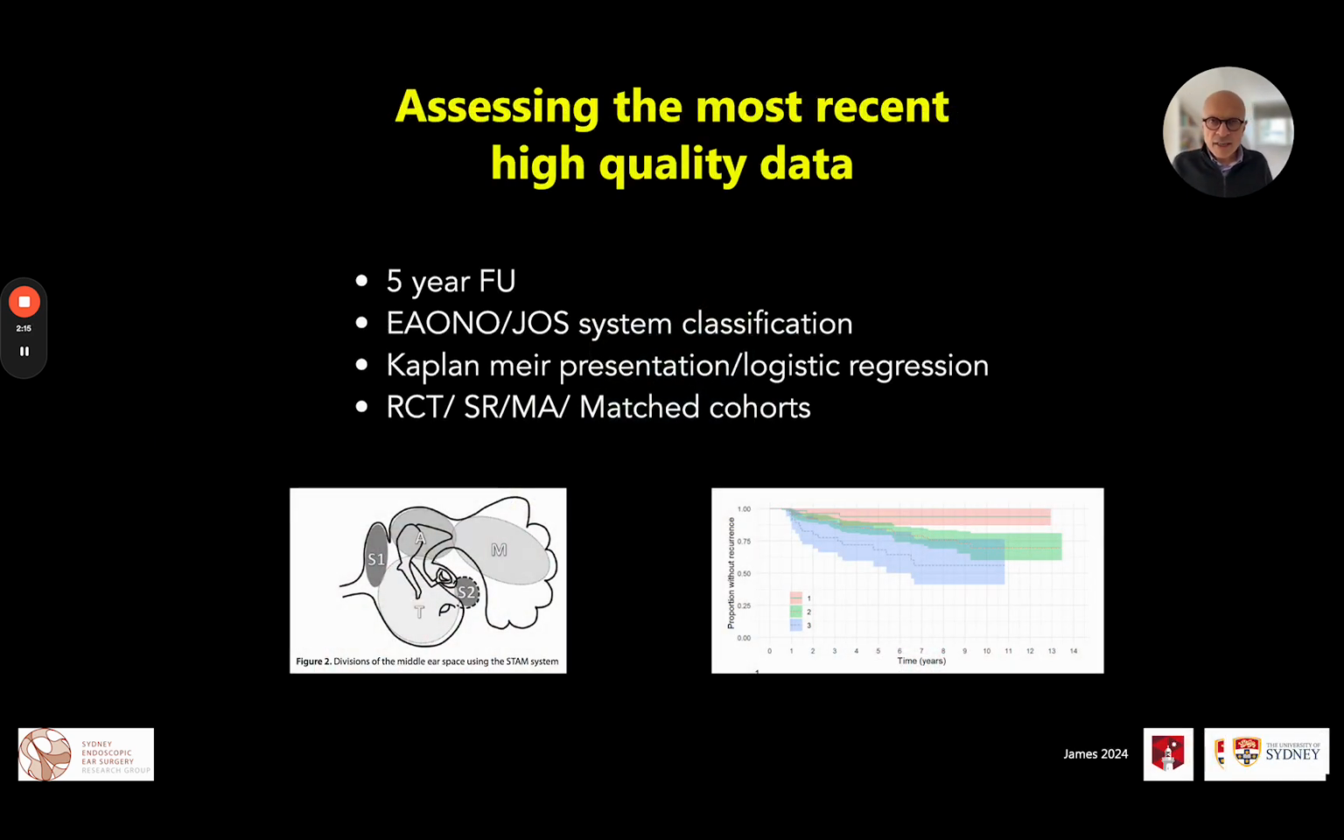And to do this, I looked at the last 10 years of data, looking at high quality data. So data which had ideally 5 years of follow-up if possible, with the staging system and the presentation being appropriate to the current best system classification. And we prefer outcome data to be presented with Kaplan-Meier presentations and logistic regression. So looking for papers that presented like this, and ideally we have matched cohorts or case control studies, or ideally randomized control trials, otherwise high quality meta-analysis or systematic reviews to try and give you the best answer to the